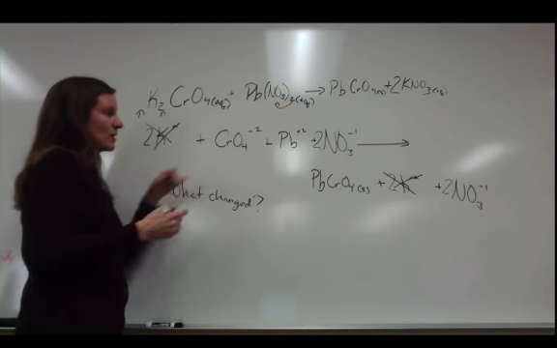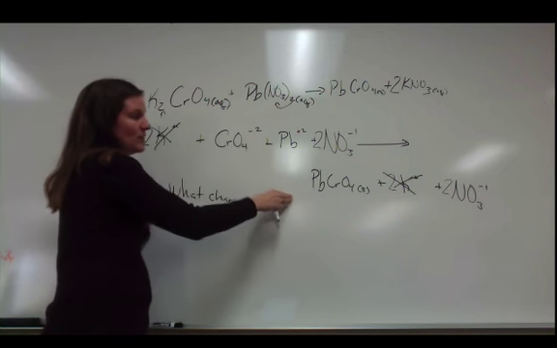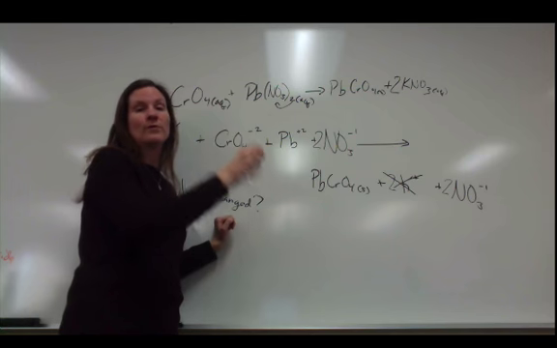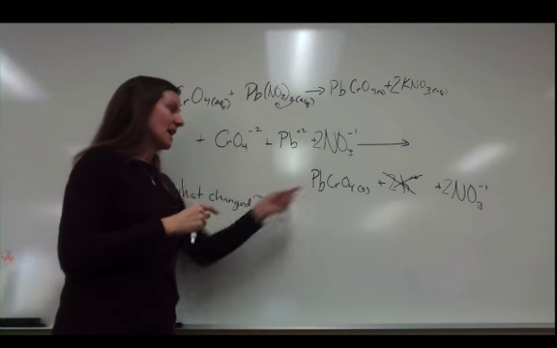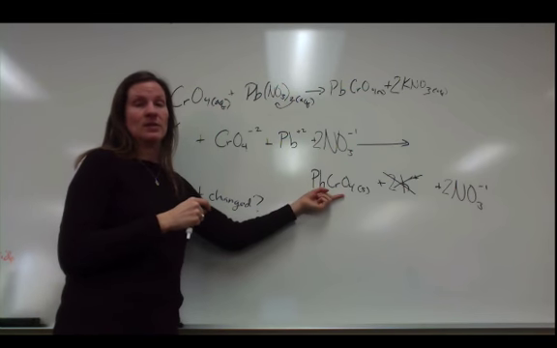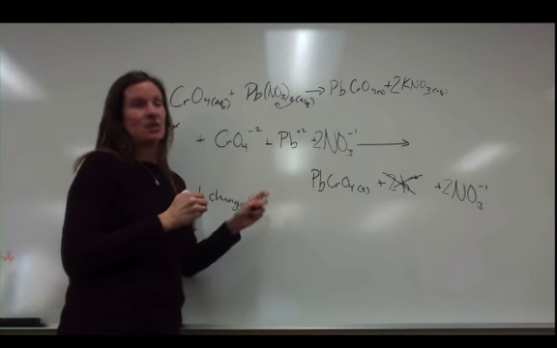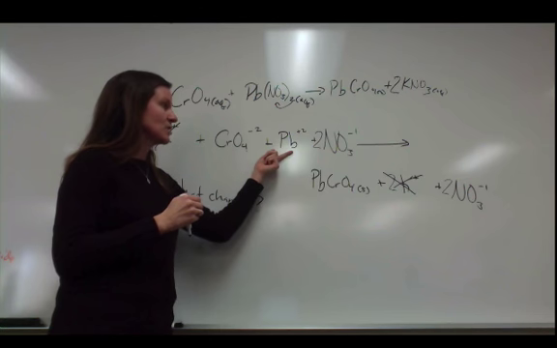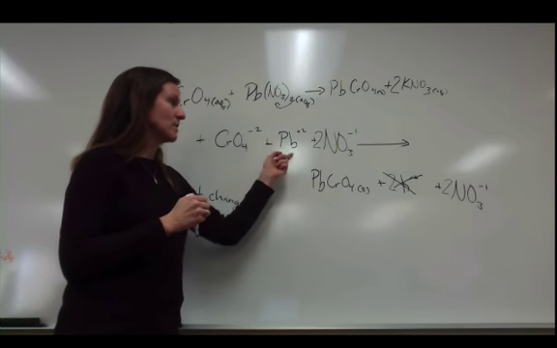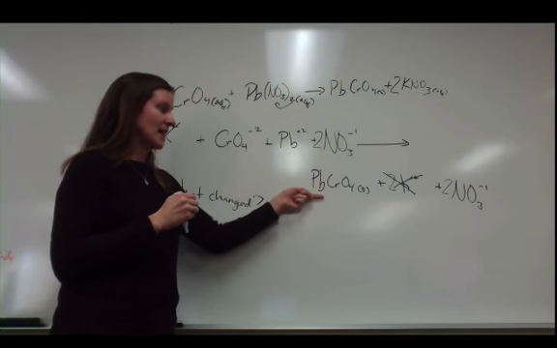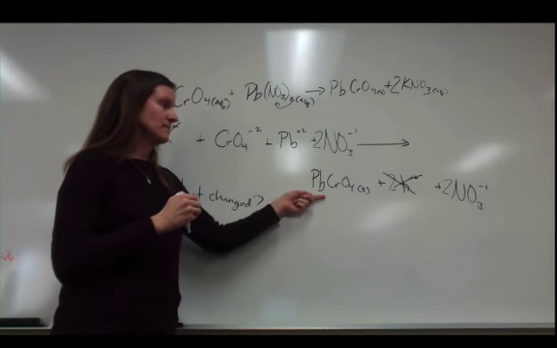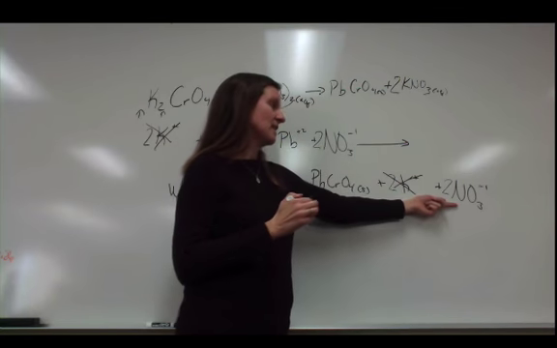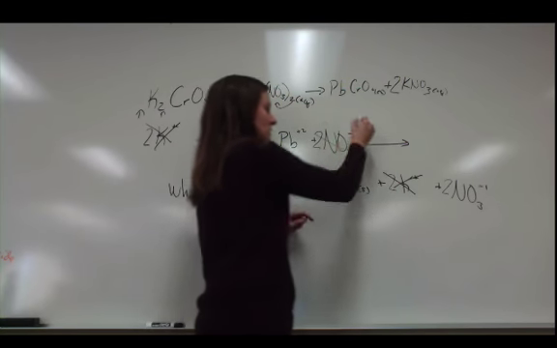I check my CrO4 minus 2, and I look at my products. Nowhere over here do I have CrO4 minus 2. I have CrO4 in my compound, but it is not the ion. So it can't be canceled because it changed. Pb plus 2, I look at the product. I don't have Pb plus 2 anywhere by itself. Again, it's because it's in the product. That's the solid. And 2NO3 minus 1, I have the exact same thing. 2NO3 minus 1 right here. So that can be